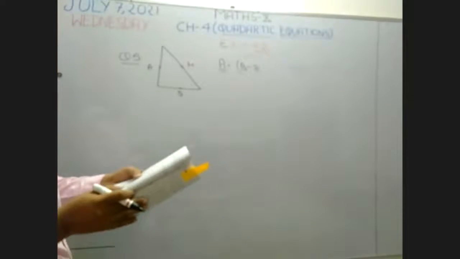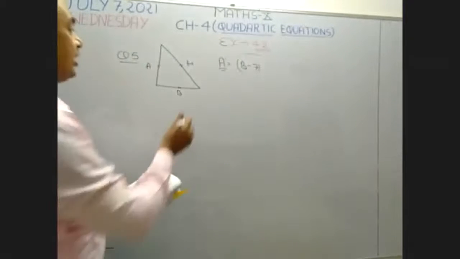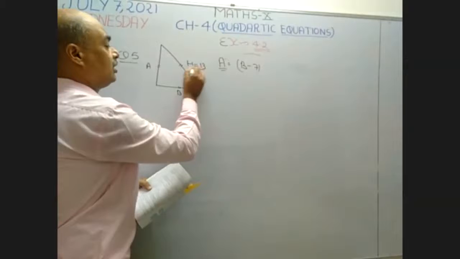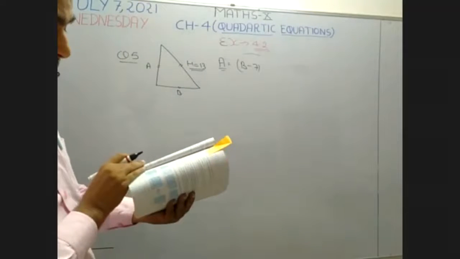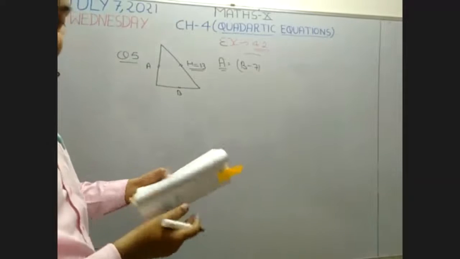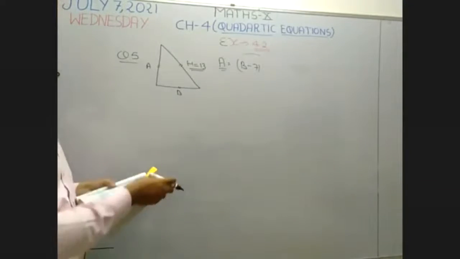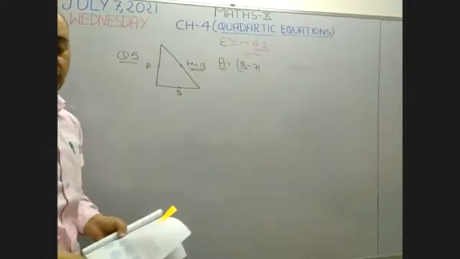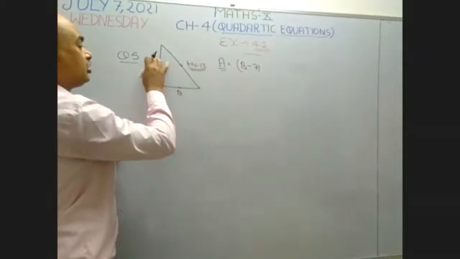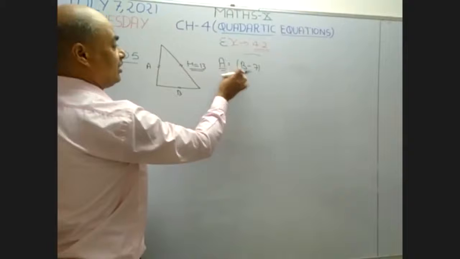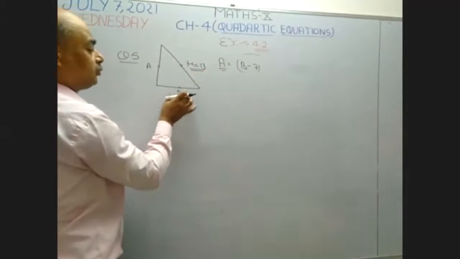After that, what is given? The hypotenuse is 13 centimeter. Hypotenuse is given as 13 centimeter. What? Find the other sides of the triangle. We have to find the other sides of the triangle. It means all the sides I am going to find. Now see, in this question, altitude is compared with base. It means I am going to suppose the base first.